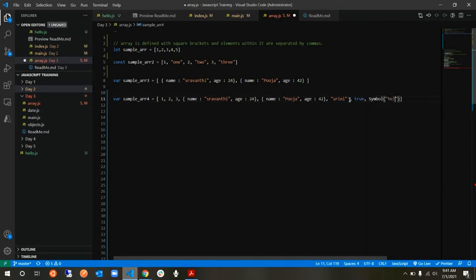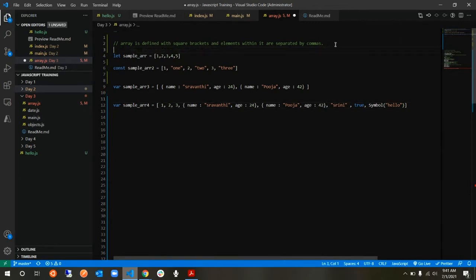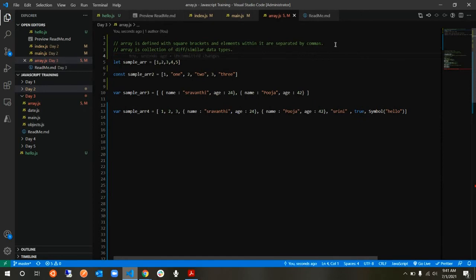So an array is a collection of different or similar data types. That is what the definition would be. Now you have learned about arrays in Java. How do you define an array in Java?